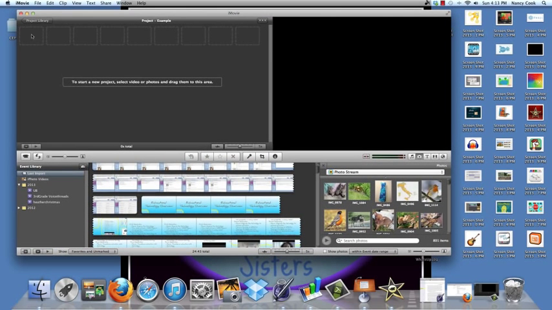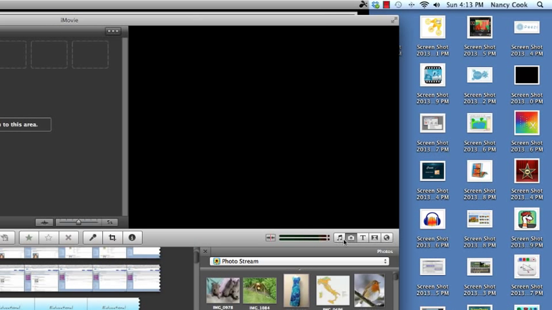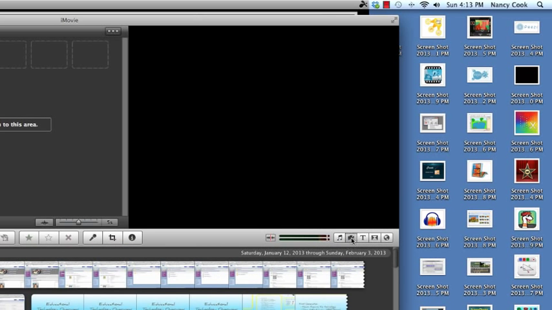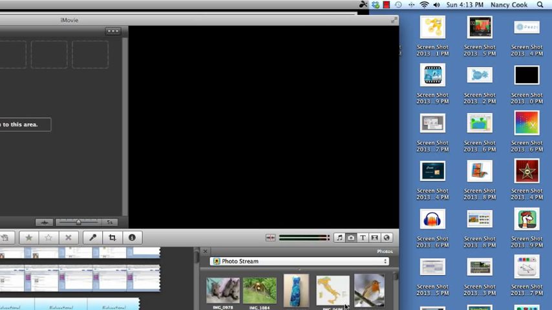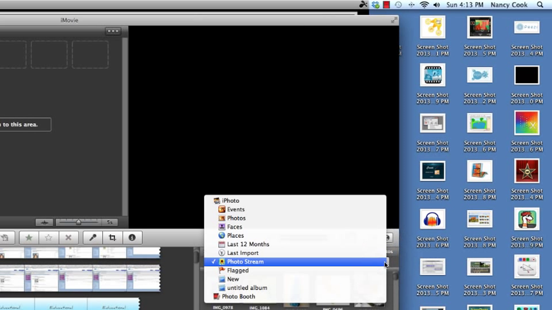So to start with, I need something in the movie. So some pictures, some video, text, something like that. Let's start with pictures, since you made some pictures last week to put in here. Over here you can see that there's some icons right here. We'll start with the camera icon and we'll open up a variety of choices for where to go get your